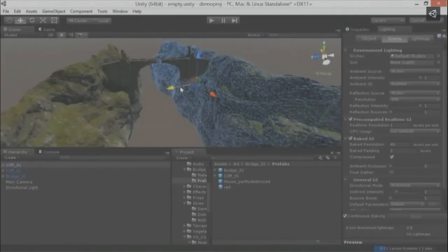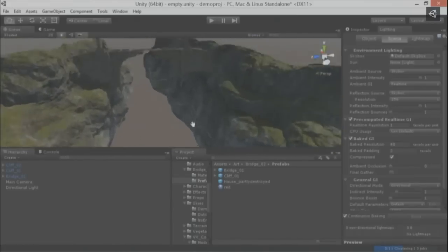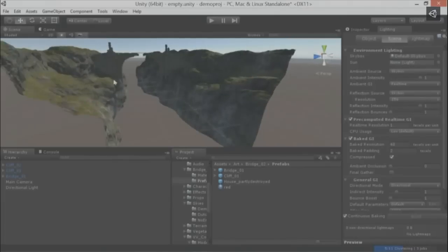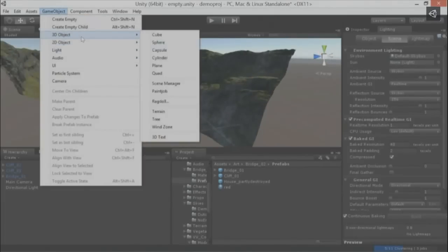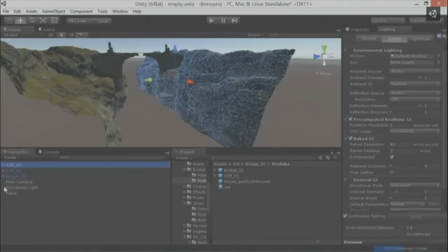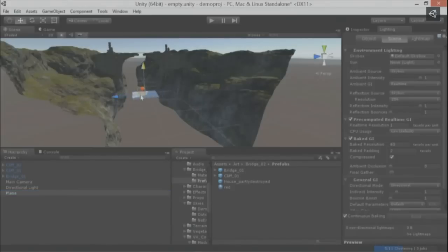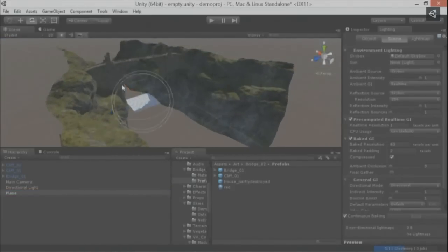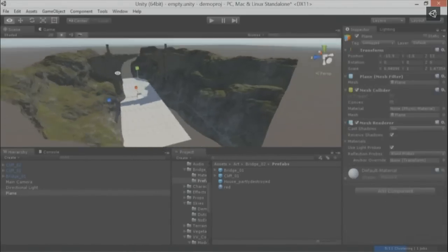So now we have our little bridge scene here, and also I'm going to place a plane like this, and that's basically going to represent our river that is running through this canyon here, approximately like this. And in Unity, in order for the bounce lighting to actually be happening, what we need to